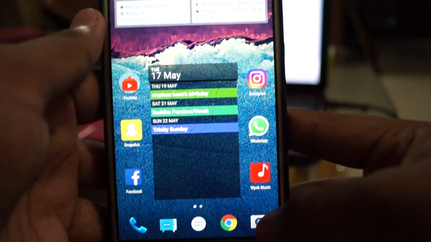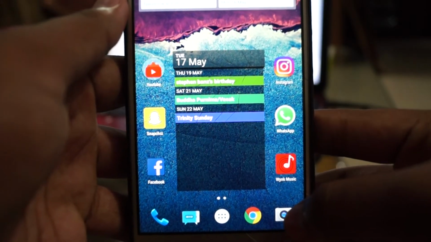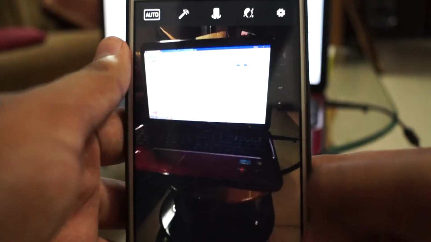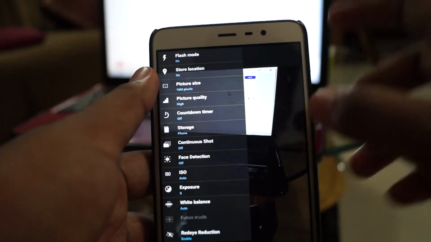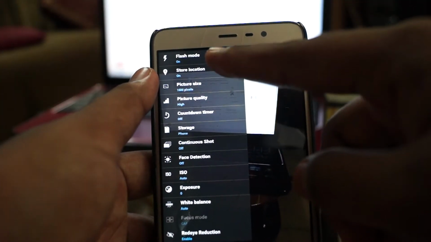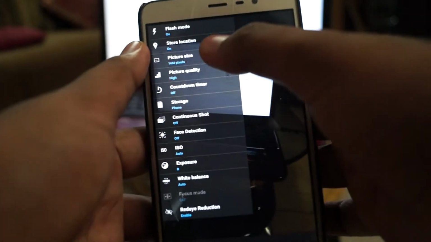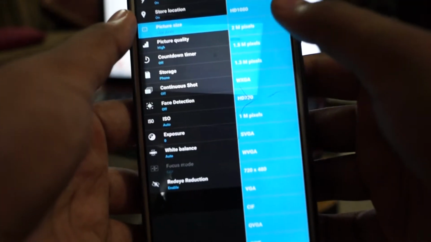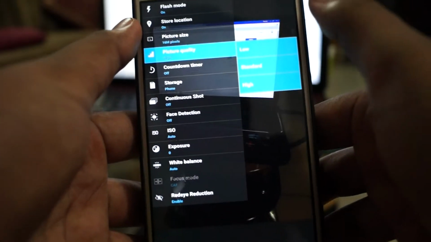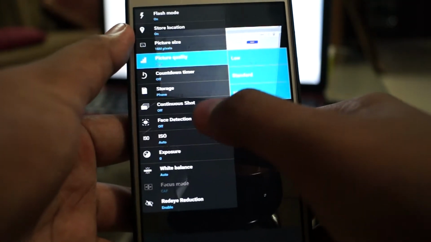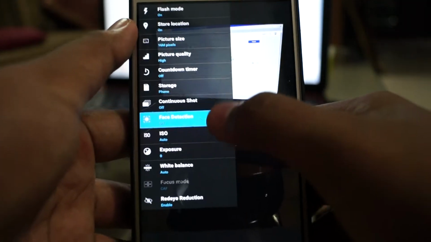This is a Snapdragon camera app. The camera UI is really good. You get a bunch of options over here: flash mode, store location, picture size. You can click at various megapixels, and picture quality: lower, standard, high, and also face detection, continuous shots, ISO.